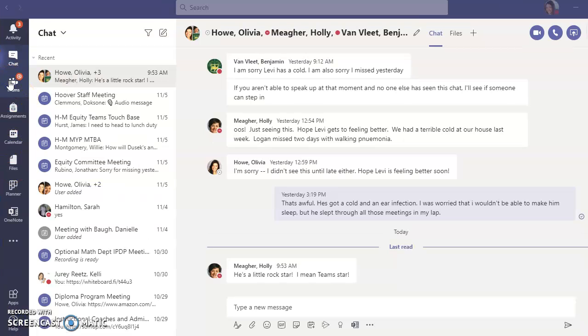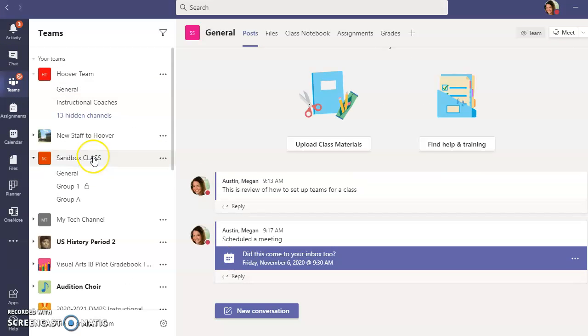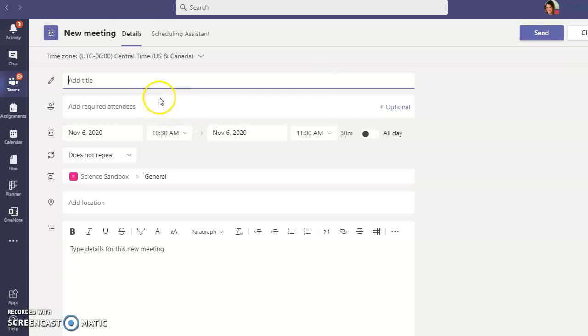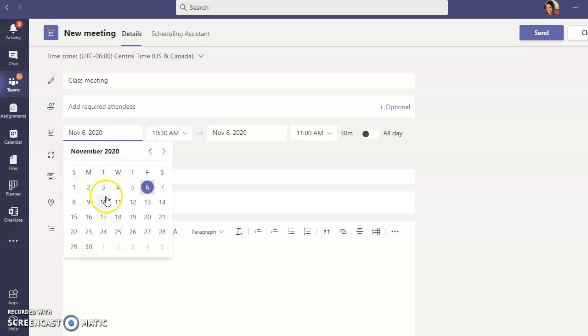If yours, like mine, wasn't working, it wasn't coming up, then what you can do is go to your general channel, and then in there, click schedule a meeting, click the meet button, the arrow next to it, schedule a meeting, and then you'll say class meeting. It will automatically put that channel in there, and then starting from November 10th,